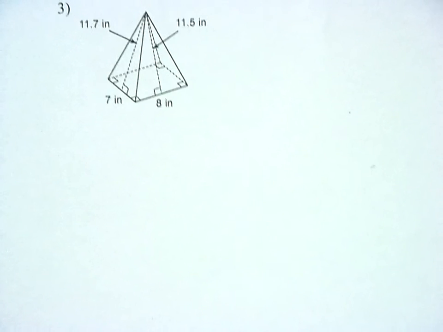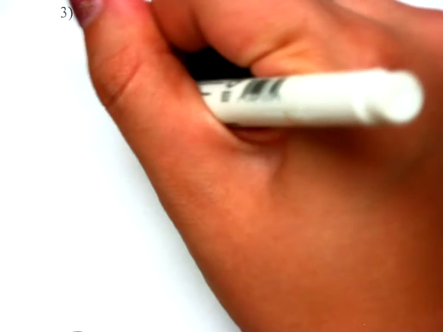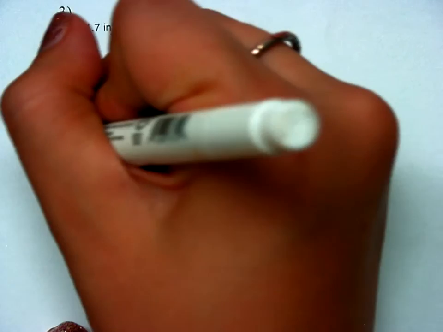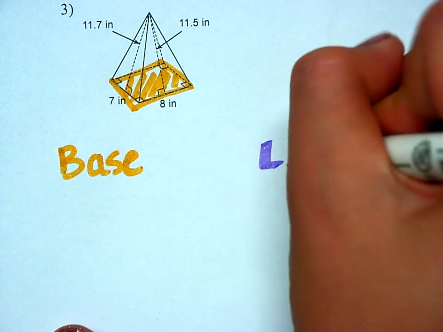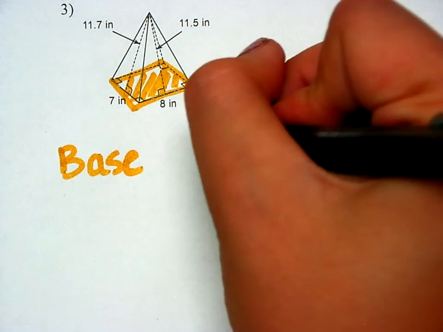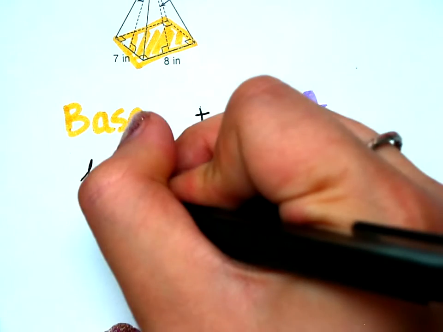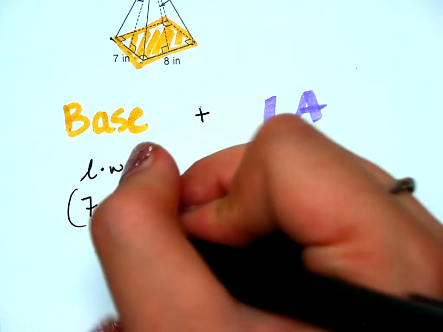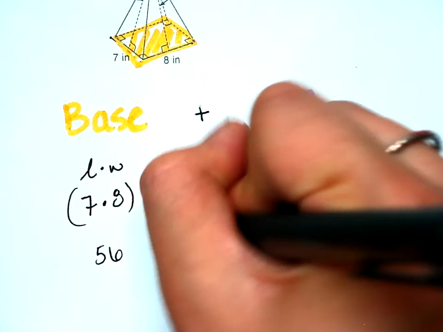Okay, we've got one more for practice. It's a rectangular pyramid, so the base is a rectangle. Let's highlight where it is real quick. So I've got this rectangle right here. That's my base. And let's find the area so we can find the surface area. So base and lateral area. And we've got to add them together. Okay, so the one base is just length times width because it's a rectangle. That's 7 times 8. I just got those 2 values right here. Okay, so if we multiply those, we got 56 for the one base,